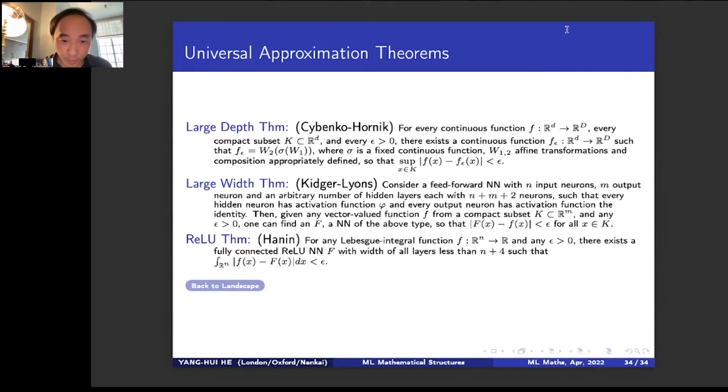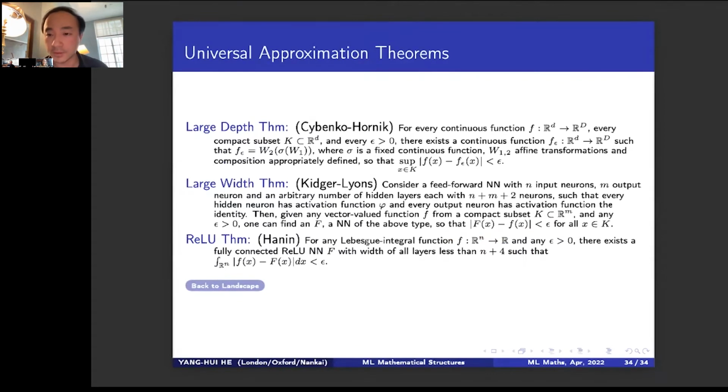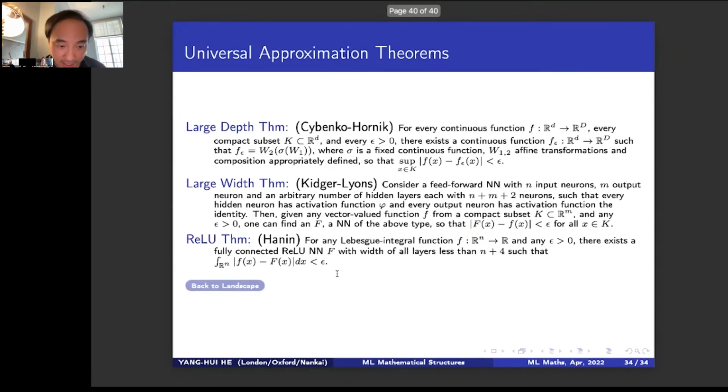I won't bore you with the details, but these theorems, proven in the last 10, 20 years or so, are essentially the statement that given a sufficiently complicated network graph, you can approximate any function. You can sort of imagine this happening. It's like saying a Taylor series expansion can approximate any analytic function. And the idea here is that a sufficiently complicated network of simple activation functions can approximate anything, even non-analytic functions. The theorem is even more